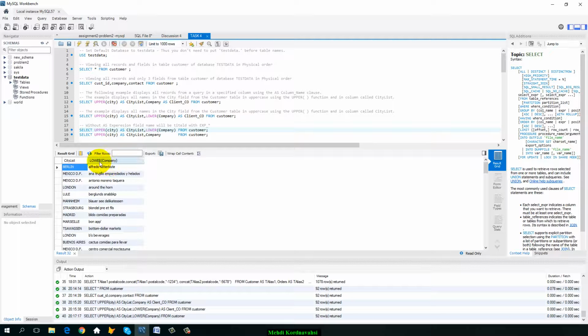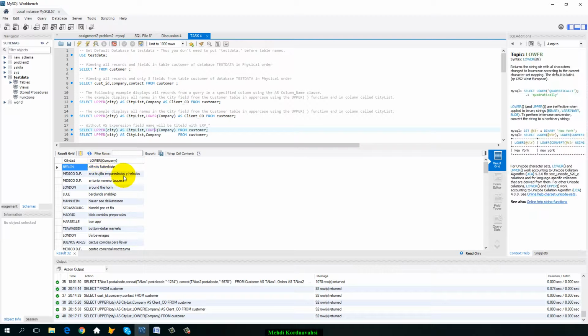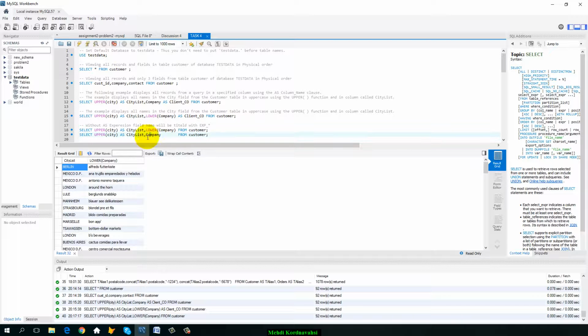This name is assigned by the system for this expression because lower company is not a field name. This is an expression, a combination of a field, constant value, or some fields together, as an expression. Here also the company in the lower case, and in the next query,